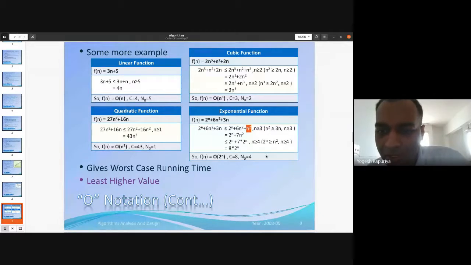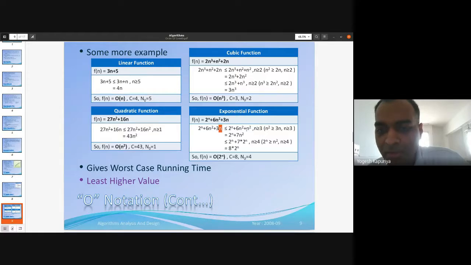That can be replaced only if n is greater than or equal to 3. Because if you see n is equal to 1, then 1 square is 1, 3n is 3. 3 is not less than 1. So you cannot choose n is equal to 1. N is equal to 2, 3n is 6, 2 square is 4. 6 is not less than 4, so you cannot choose n is equal to 2. N is equal to 3, 3 into 3, 9, 3 square is also 9. So now 9 is less than or equal to 9, so you can have n0 as 3.